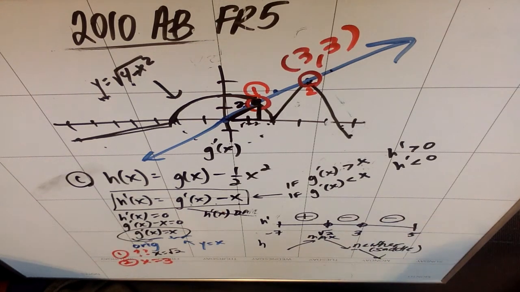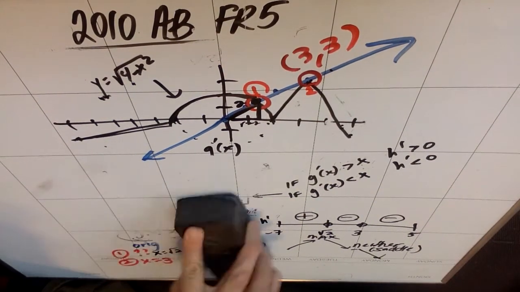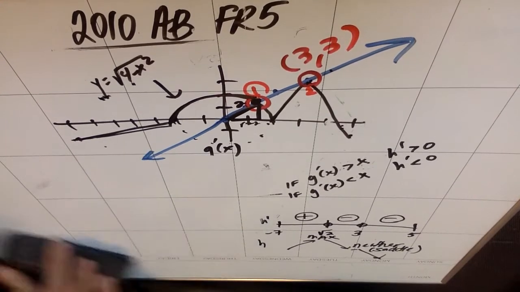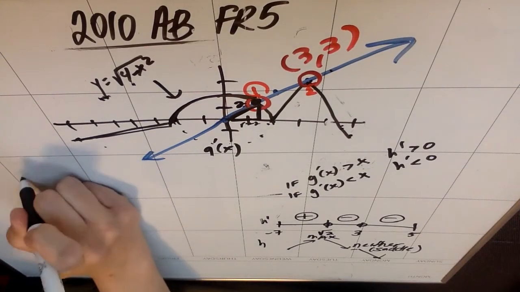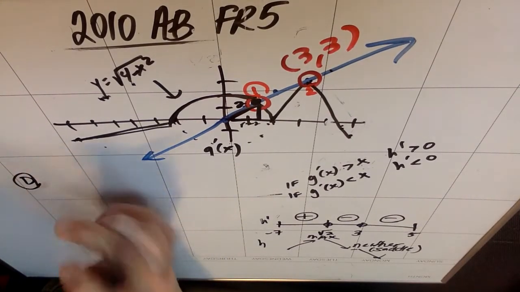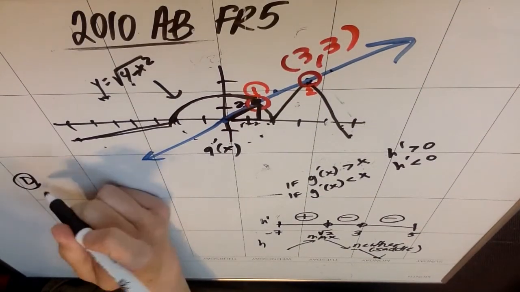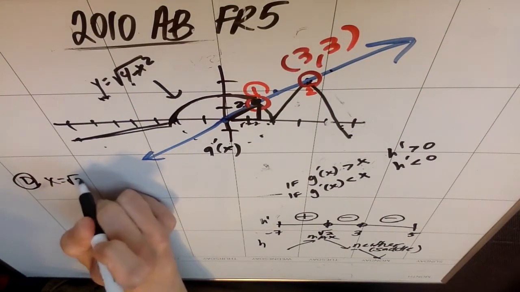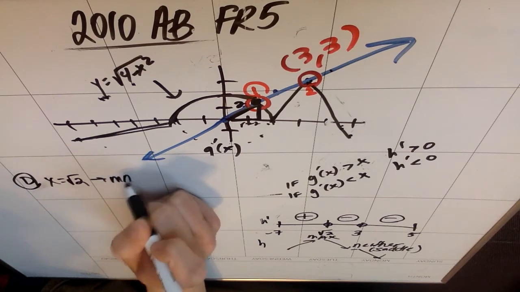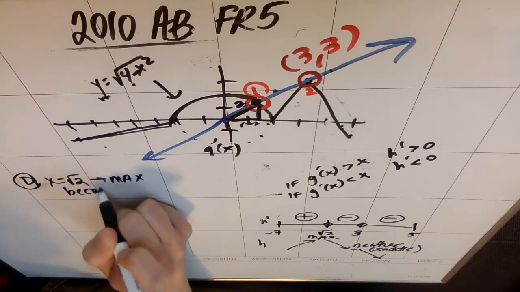So there, they say explain your reasoning, right? There's a number of different ways to do it. I would argue that the easiest option is to say something akin to this. If I go to explain this, because they did say explain, not justify, which is sort of relevant, right? So when asked to explain, my answer to part D, I would probably say something akin to x equals root 2 is a max because,